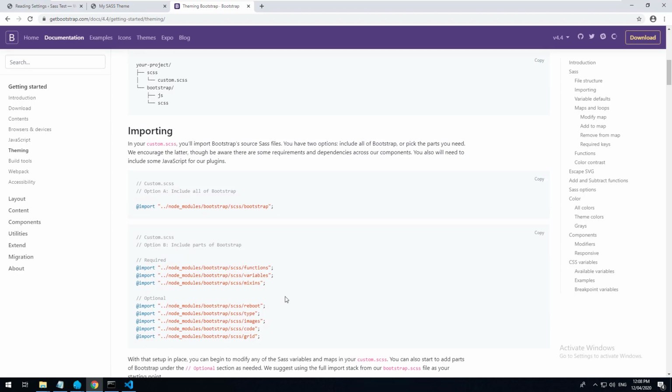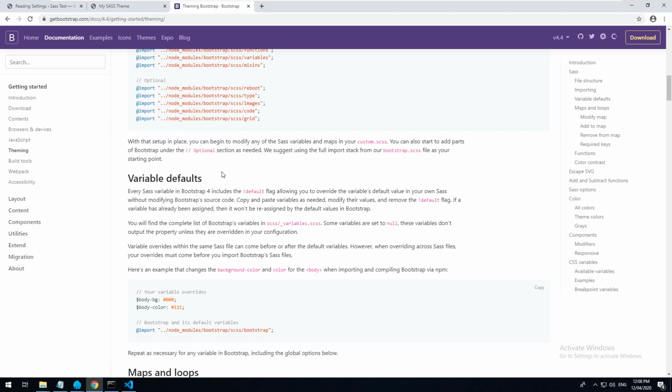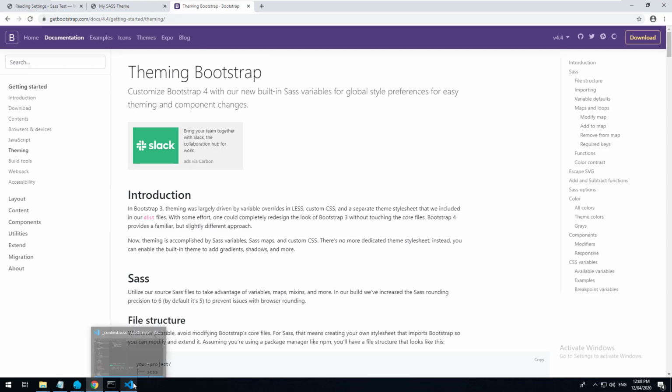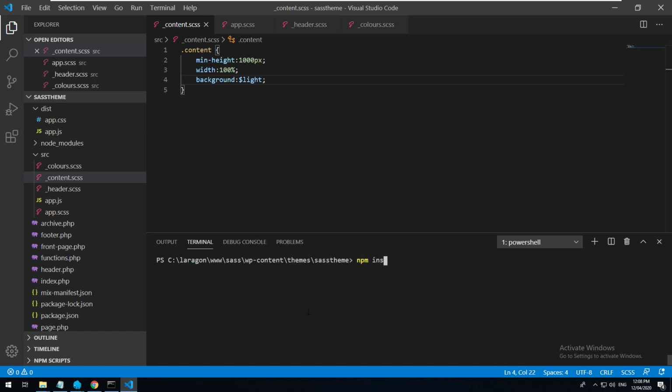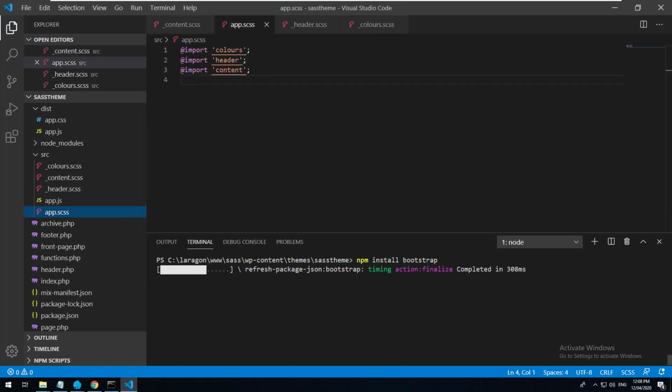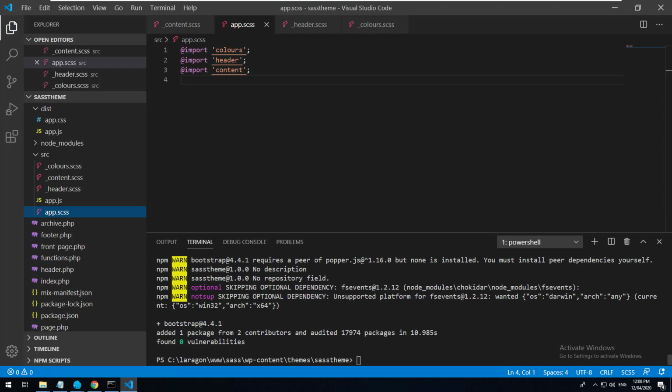And it's going to basically show you how to use it with SASS. We obviously want to bring it in through SASS first. So let's go back into our project, and I'll just get out of this by hitting Control C, and I'll clear it, and we'll do npm install Bootstrap. And once we install Bootstrap, we need to import it into our main SASS file, which is app.scss. Now that Bootstrap is installed, we can bring Bootstrap into our SASS by doing import node modules Bootstrap